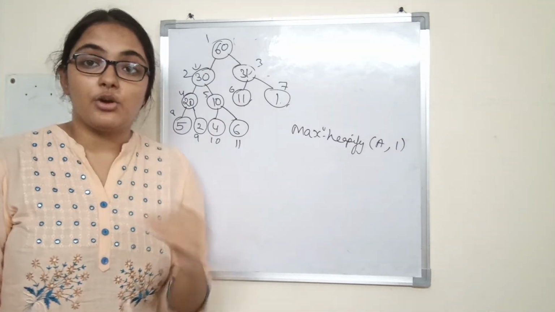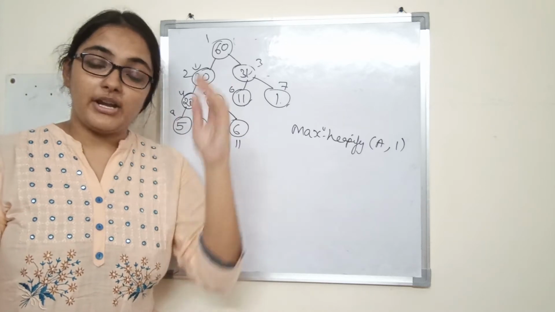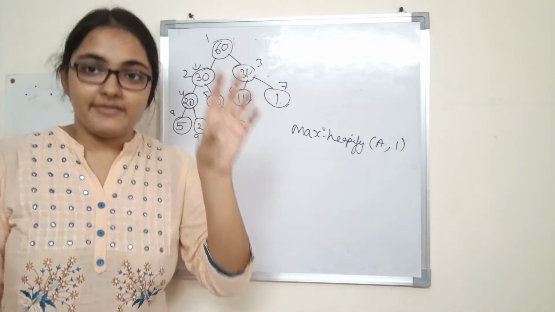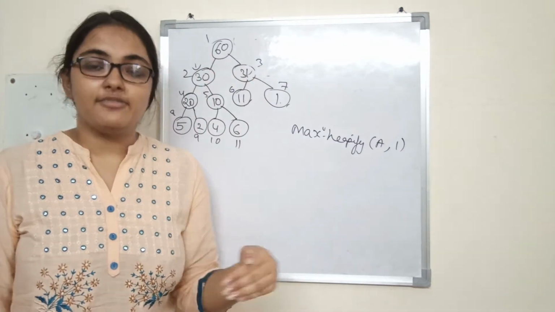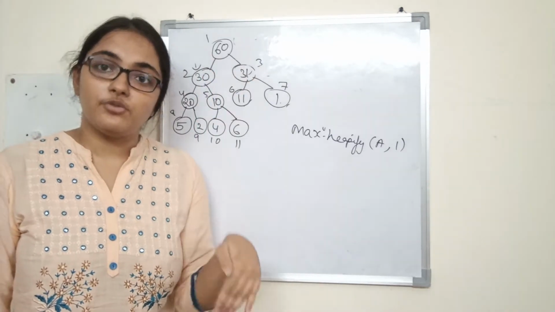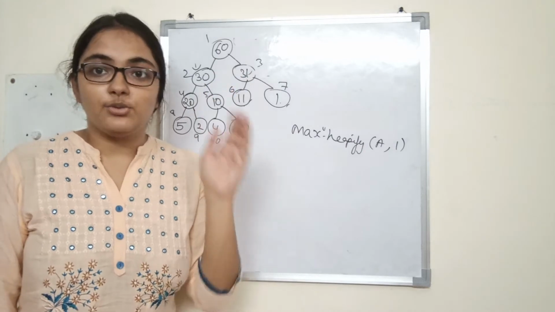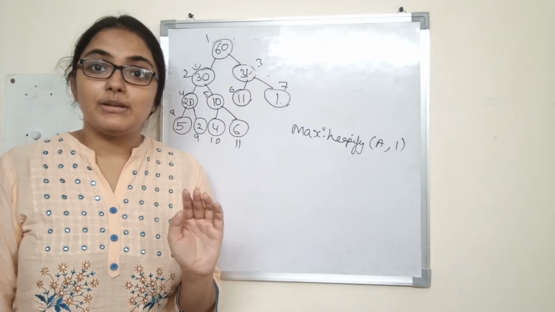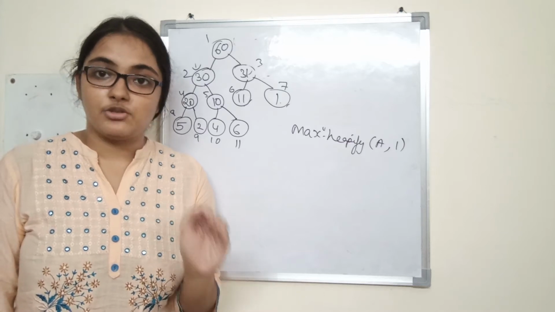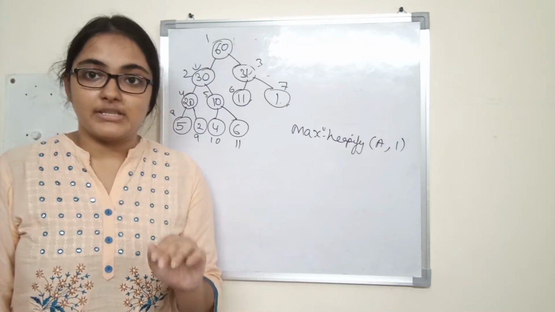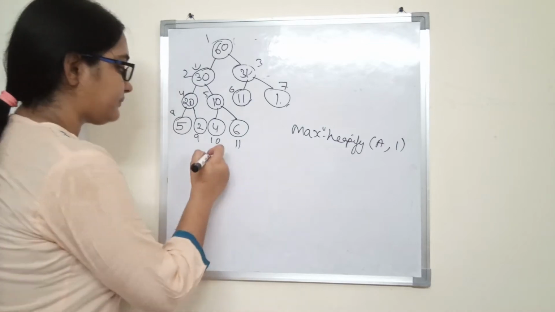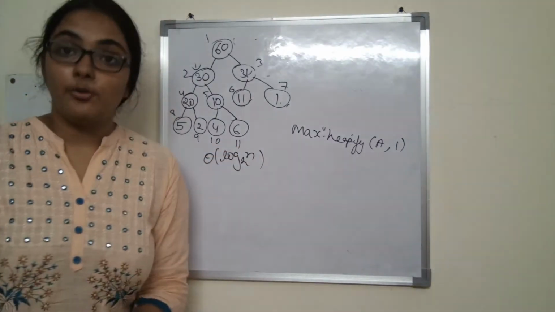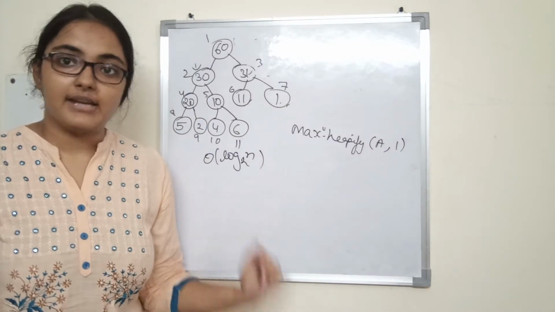The value is floating down till the leaf, and in order to move from root to the leaf, or from the node on which max heapify is called till the leaf, how many nodes do we need to travel? Equivalent to the height of the tree or height of the subtree. So what will be the height of the subtree? Log n base 2, where n is the number of nodes in the subtree. So log n base 2. Now I hope the max heapify procedure is clear.